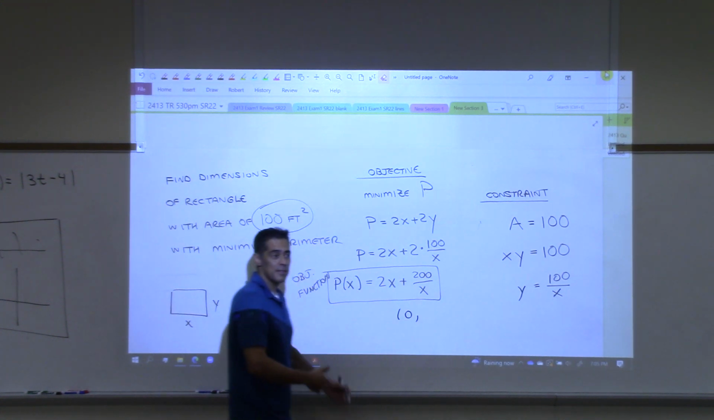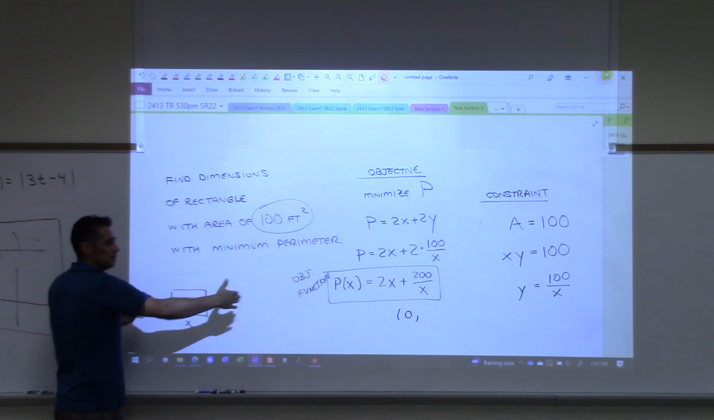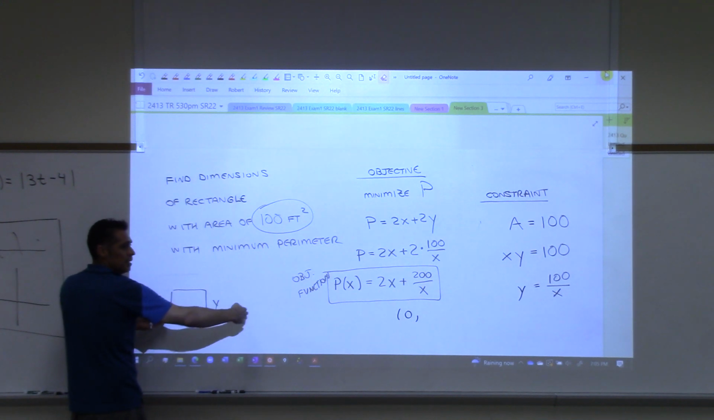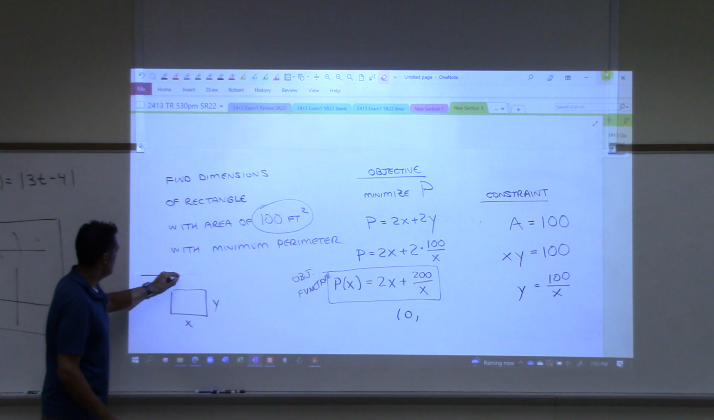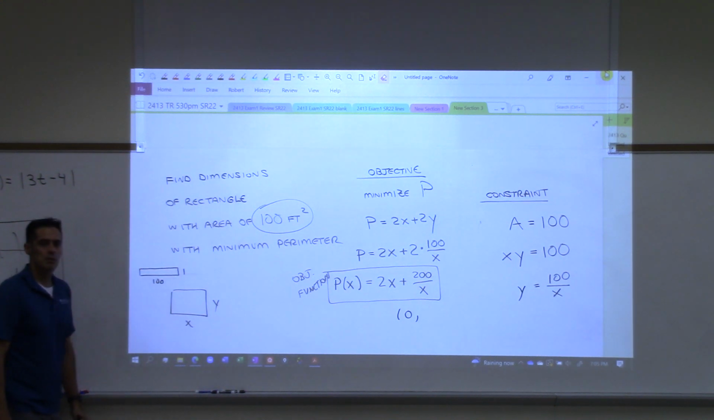And how big could x be? How big could x be? Could it be 100? No. Could I make a rectangle that looks like this? 100 by 1. Does that have an area of